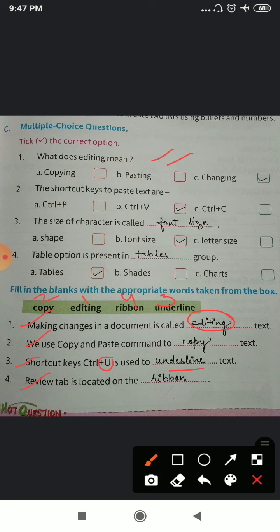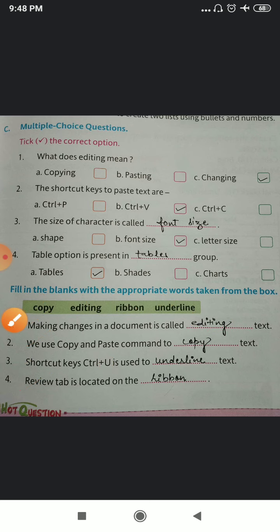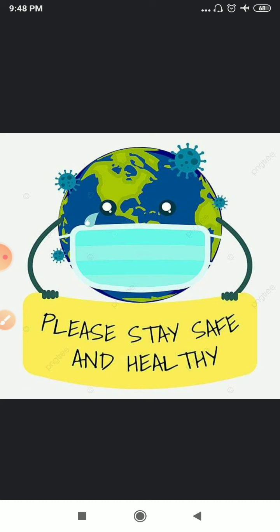Okay, students. So I hope you all have understood the video as well as the work. So what you all need to do is practice reading, and whatever work I have given you, you all have to complete that work also. Now in the next video we'll meet again with the remaining portion, that means question answers. Till then, all of you stay home, stay safe and take care.